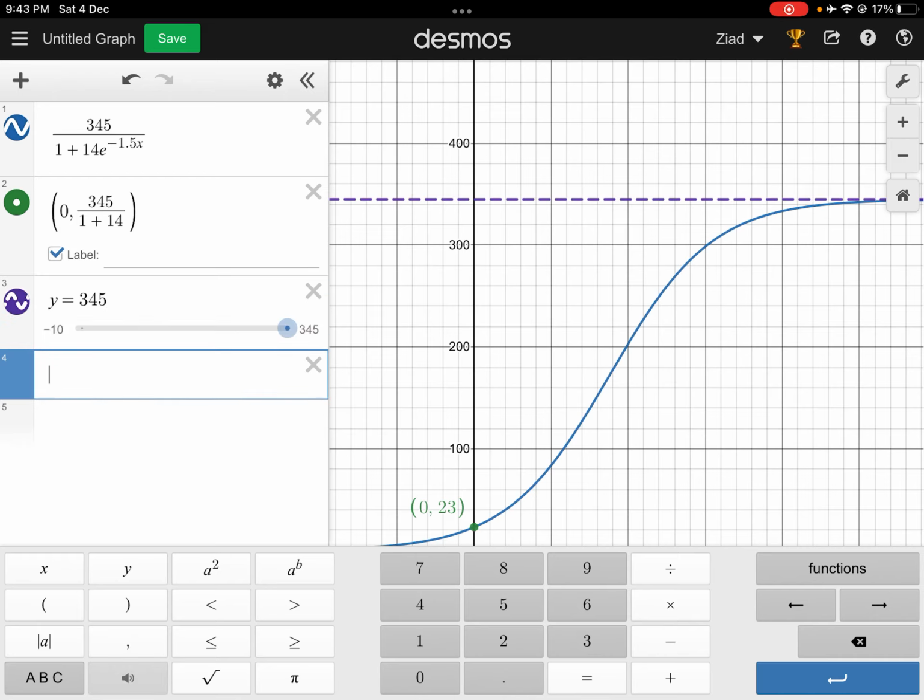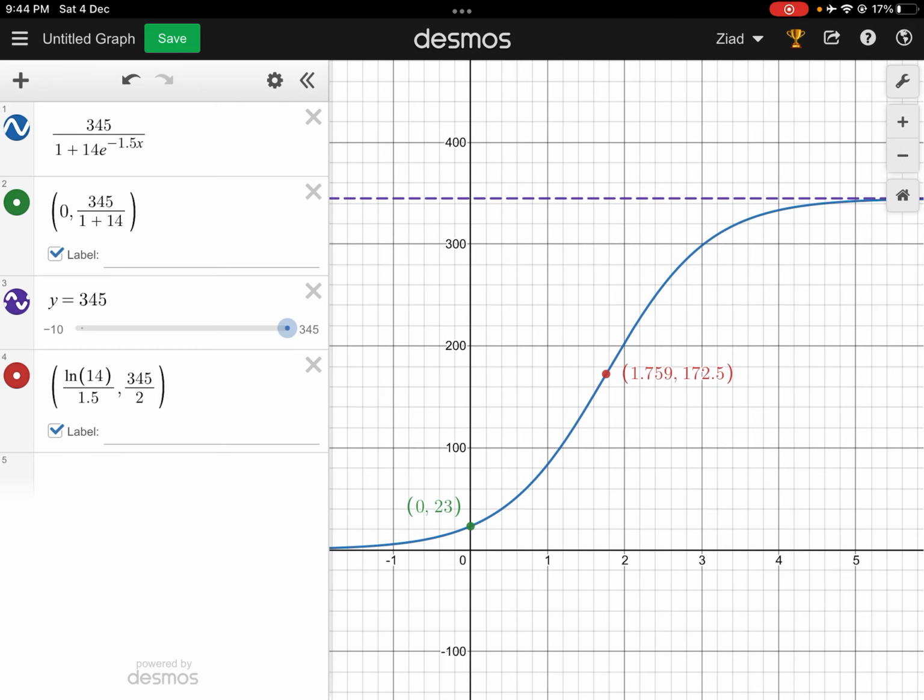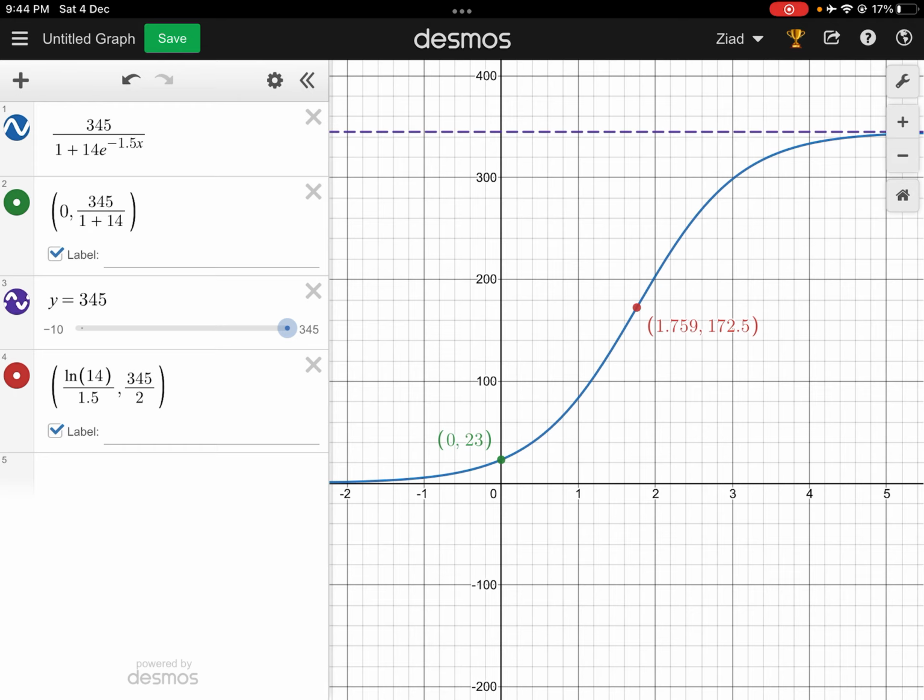Okay, and what else did we do? The point of diminishing growth is when you have ln of A, so ln of 14 over B, where B is 1.5, remember, comma, C over 2. C is 345 over 2. And label it. You see that this is the point of diminishing marginal returns, or in this case diminishing growth